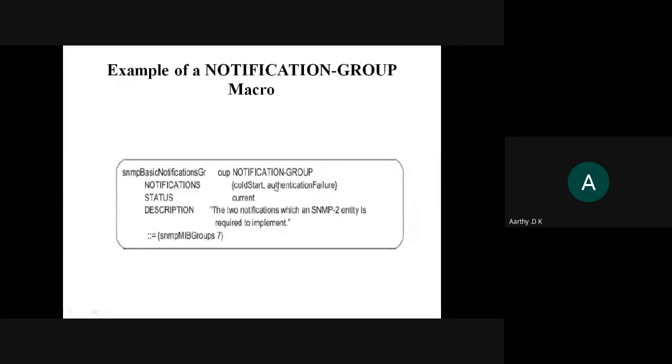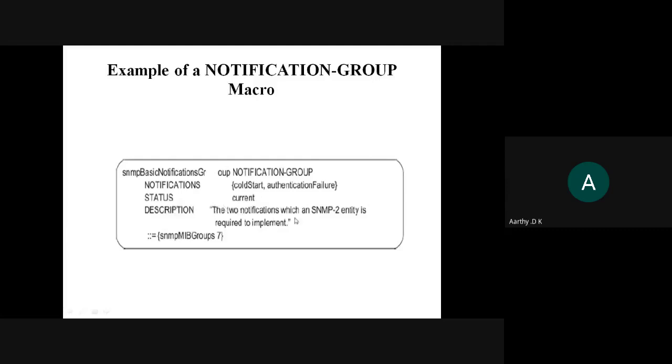That is, if I'm trying to get access, we have read only, read write, all those access types. If I'm trying to read an object which I don't have access to, then we have this authentication failure. So these two notifications are grouped together and they are under the name of SNMP basic notification group. And the status is current, it is still working.